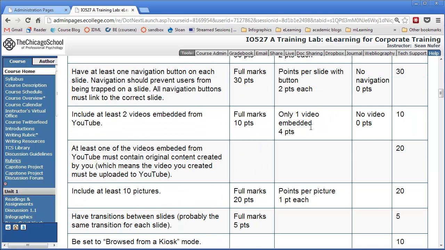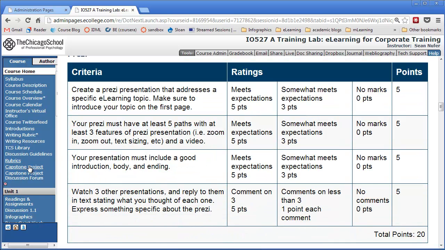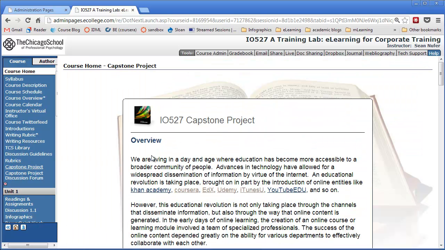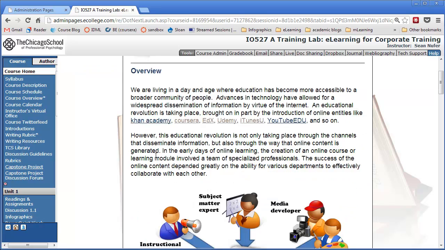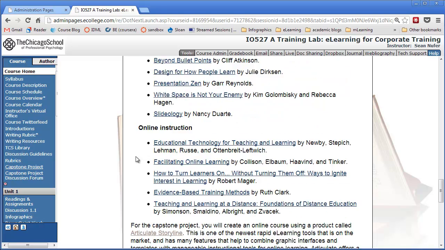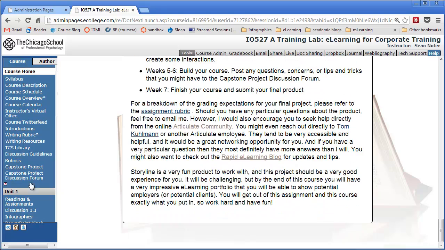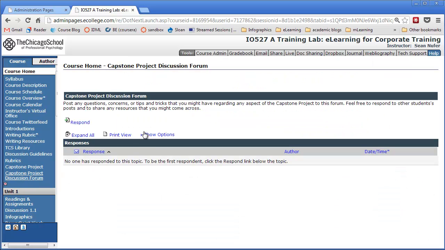Just look over at the rubric and make sure that you have all the items checked off, and you should be good to go. There's also a description here about the capstone project, which you'll find interesting. I think it's a very fun project and a very applicable project. So this is kind of a rundown, and then I also have a capstone project discussion forum, which is optional,